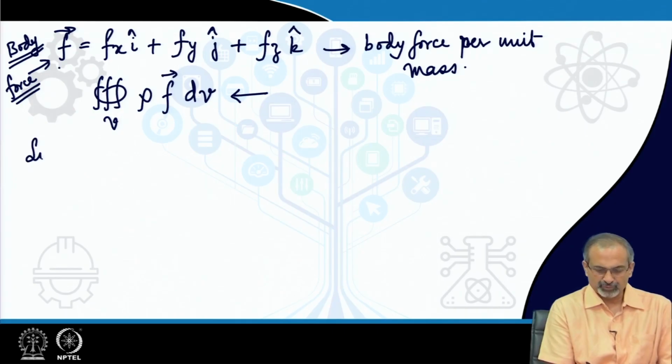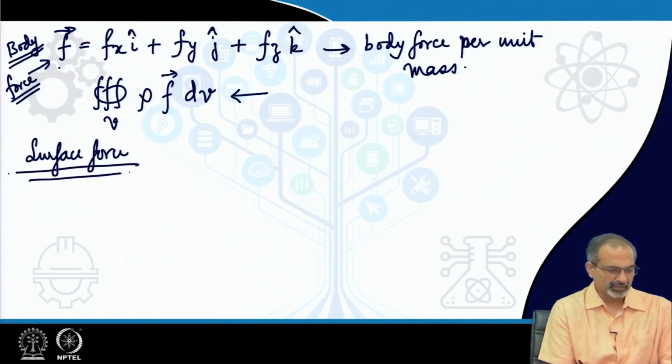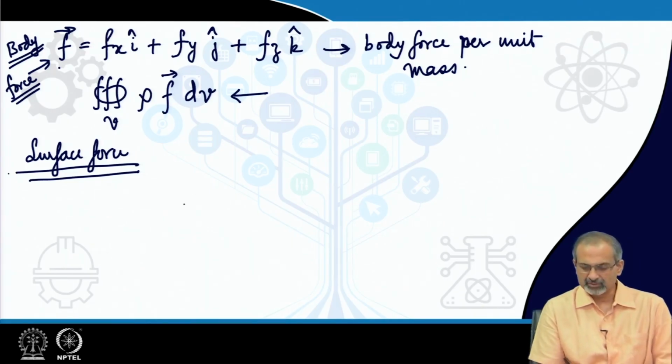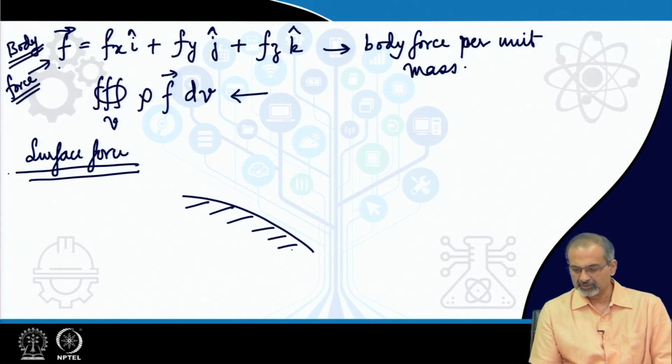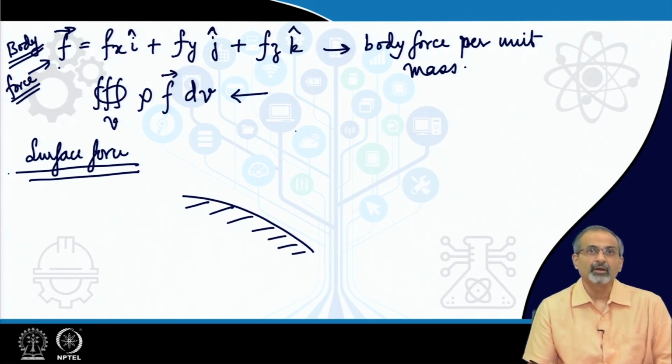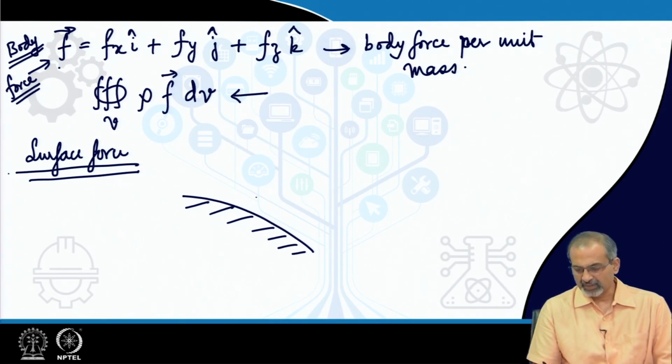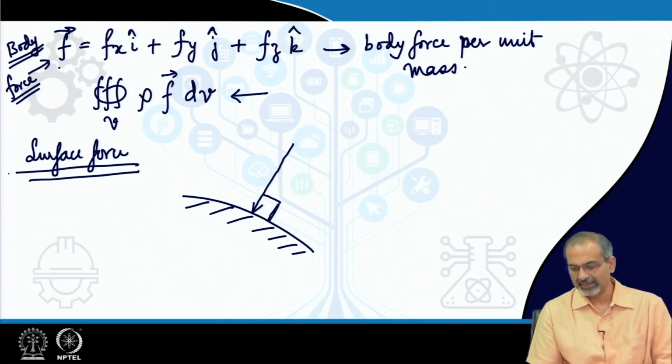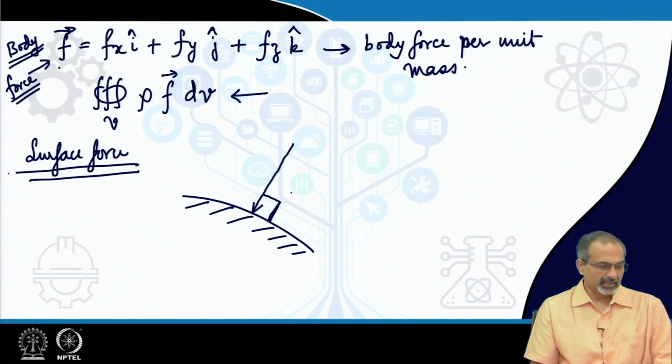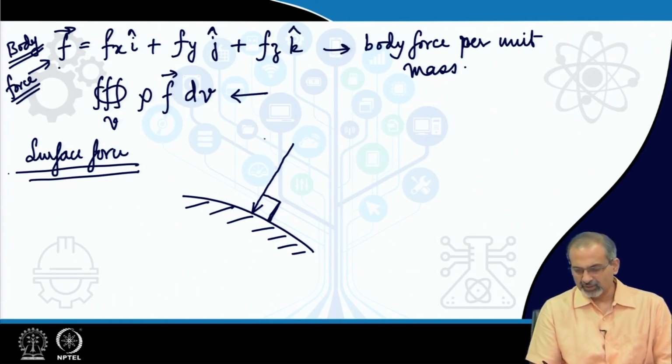Coming to surface force, we will look at the influence of pressure first. So, let us say this shows a part of the control surface, and remember that pressure always acts into the control surface from outside. So, it acts normal and pointing into the control volume. Again remember that if you are looking at the surface